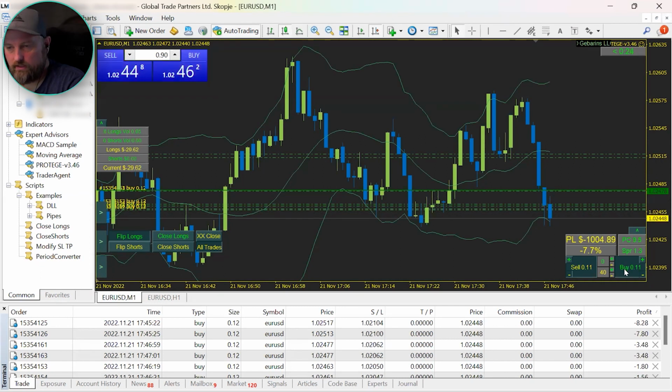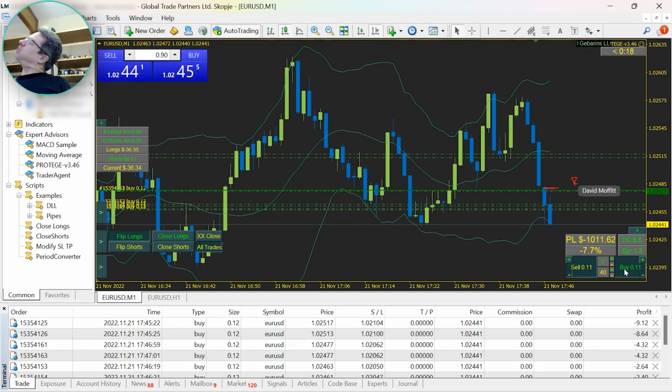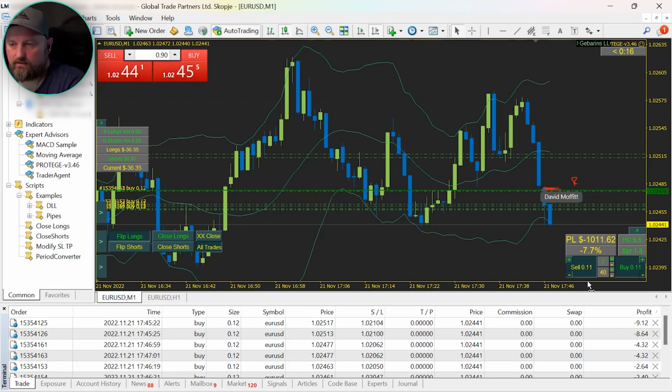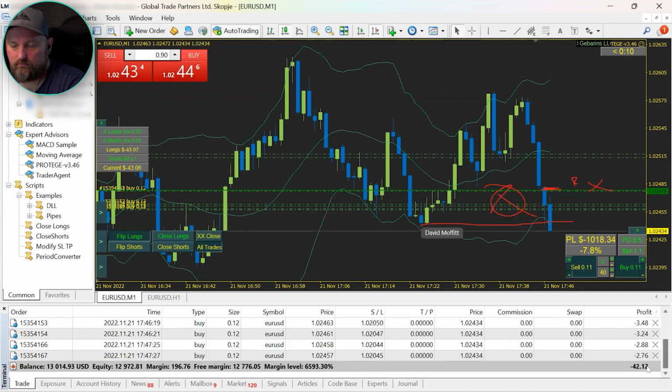Now, if you had enough meat on the bone, this is a good recycle point right there. Meaning that if it fails to cross here, but tests, then you can get out of everything and recycle this layer as it comes back down to do that. So go ahead and you can buy in again as it pops down,